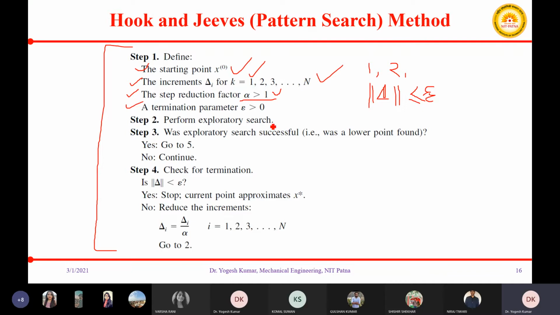Okay, yes, this pattern search method. So obviously this termination parameter should be greater than 0. It is greater than 0.